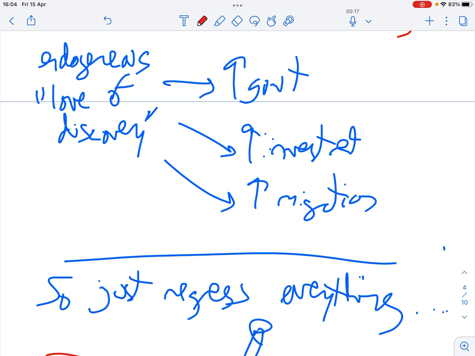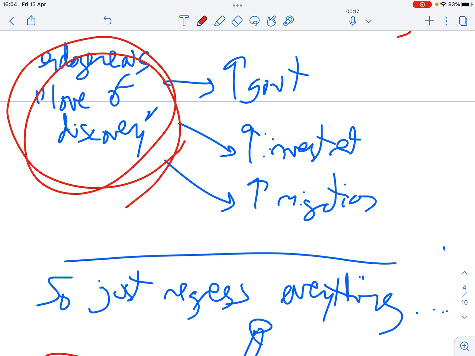So let's consider one of these ideas I just mentioned, this endogenous growth theory, this love of discovery. Let's think about Silicon Valley, where there's a group of people who love to discover things, not because the government is pumping them with money, but because they just love to discover new things. If you believe this story, then it's not government spending that is encouraging investment.